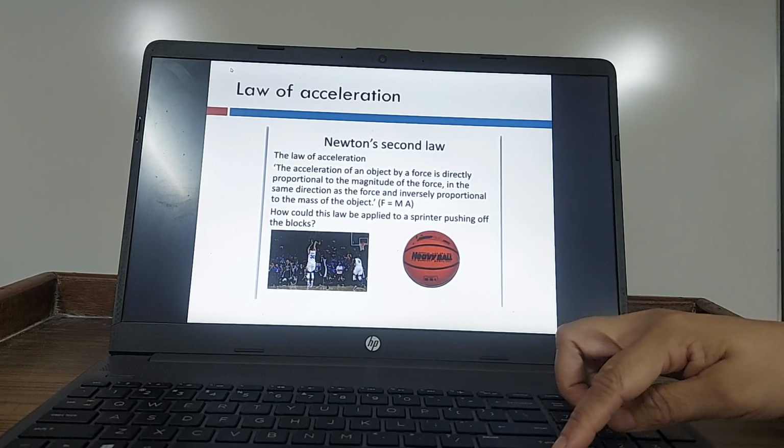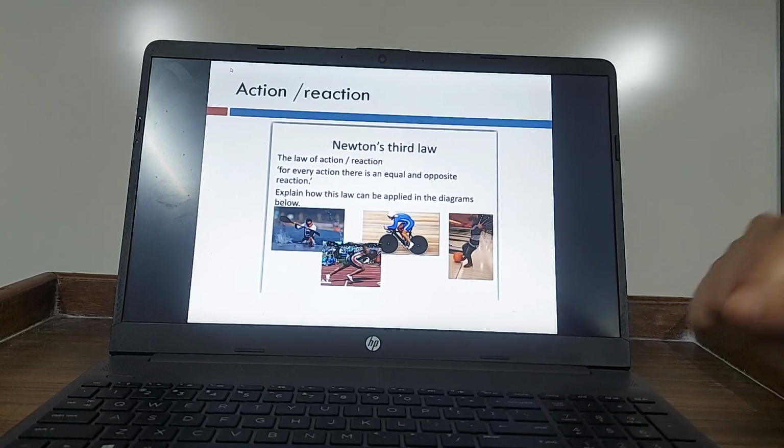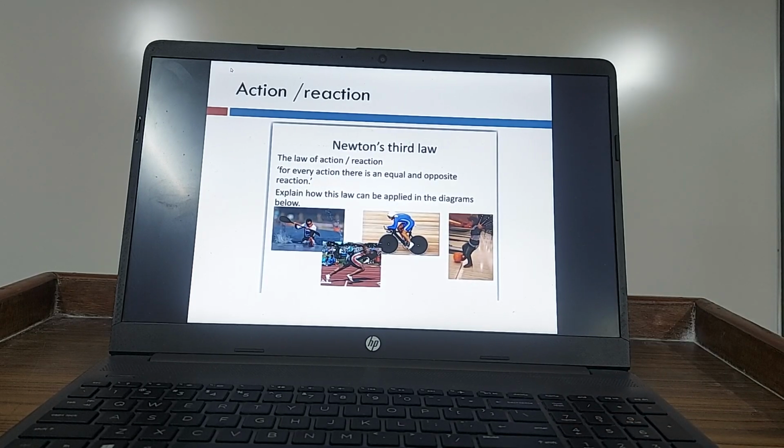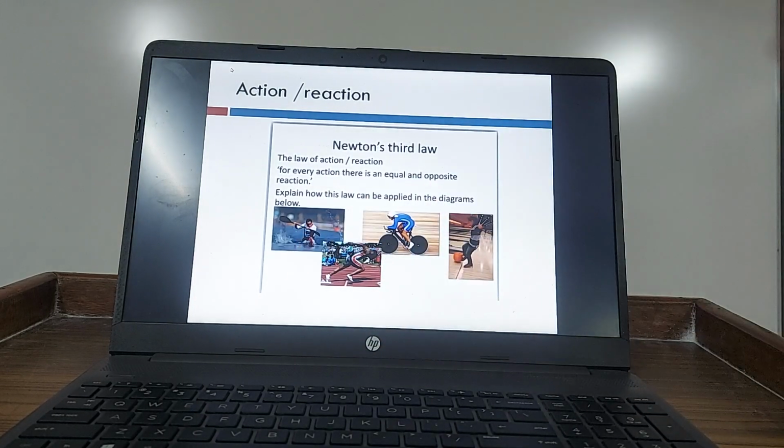We gave you an example for this. Is this point clear? Fine. Okay, Newton's third law of motion is: for every action there is an equal and opposite reaction. I gave you an example of rowing. Fine. Displacement: the more water is displaced, the more the boat will move forward.